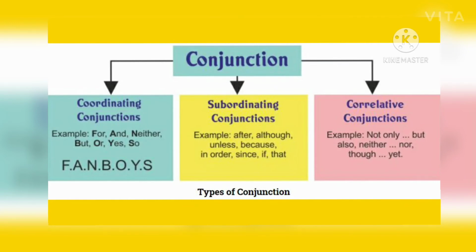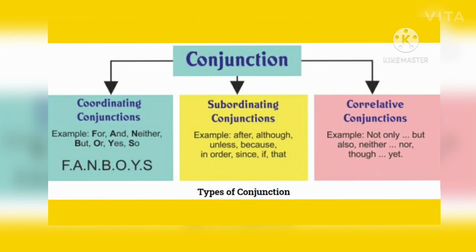Now let's see the third type of conjunction, and this is the last one, correlative conjunction. A correlative conjunction uses a set of words in a parallel sentence structure to show a contrast. Contrast means opposite, or to compare the equal parts of a sentence. The words of correlative conjunctions have a special connection between them. The correlative conjunctions are: not only, but also; either, or; neither, nor; both, and; not, but; whether, or. These pairs come together.